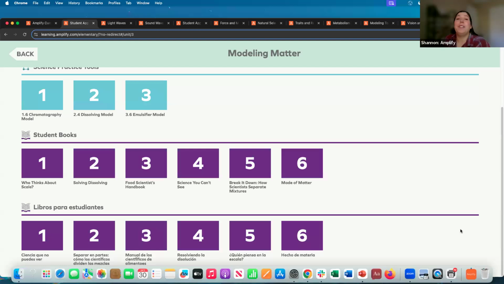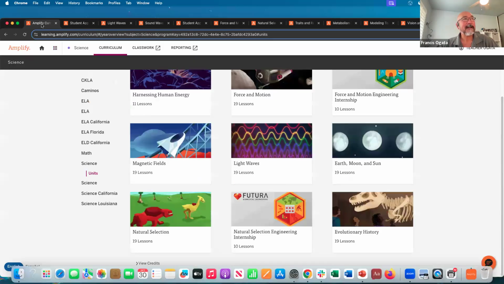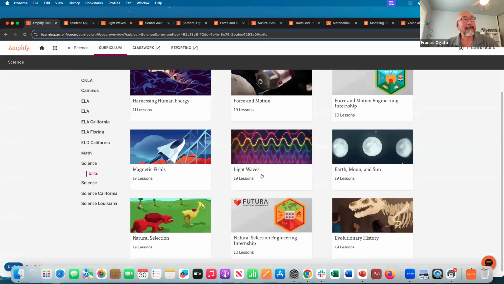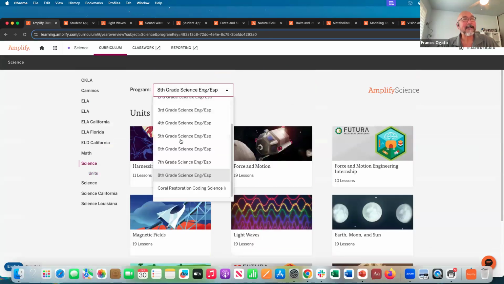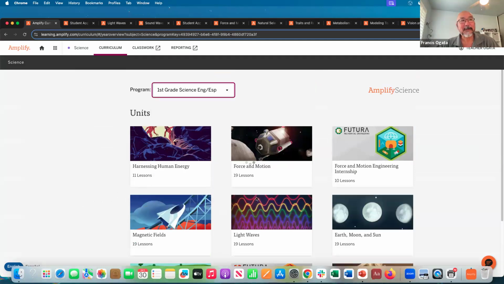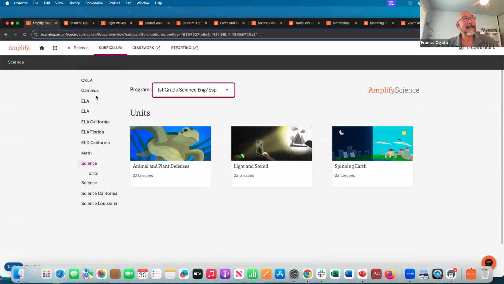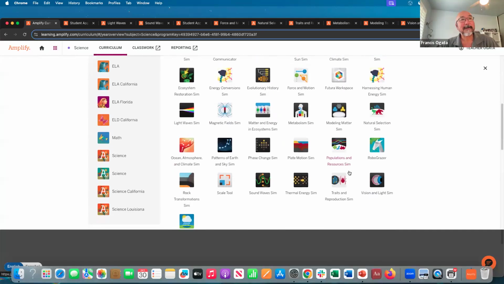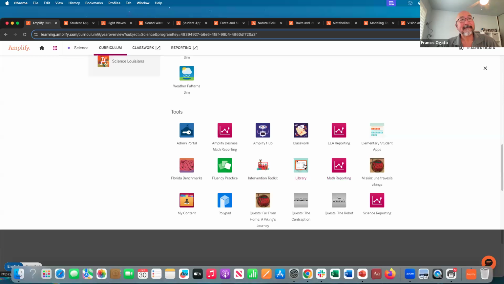Does the website have the ability to read to students? Yeah, actually everything is audio. If you're looking at the books here, let me share it with you. All of the materials are in English and Spanish, and they're all audio. If I'm in first grade and I want the kids to go through their books, one of the best things you can do is go up here to the 9-dot grid, go into the library, and see everything, in English and Spanish, and these are all audio.